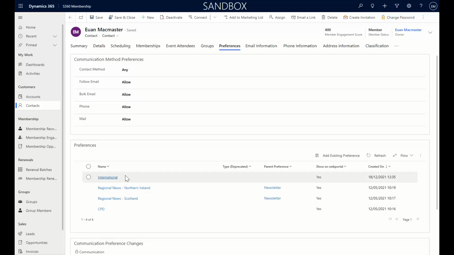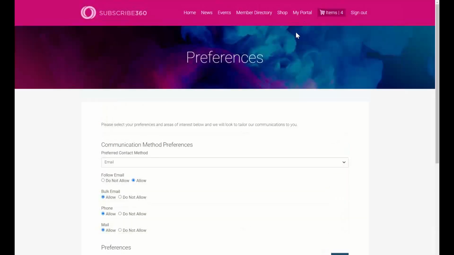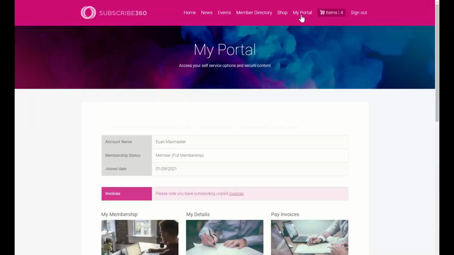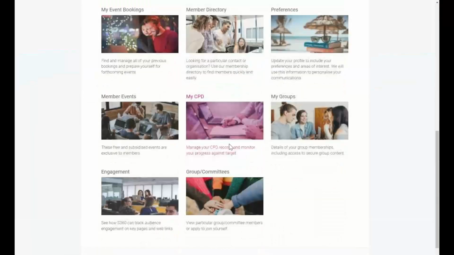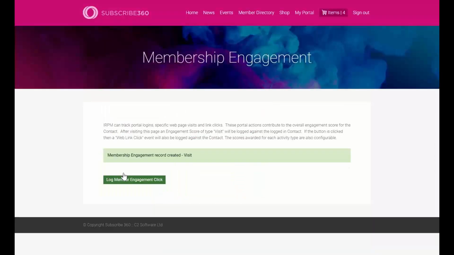But some other things that I can do in the portal, which are relevant, is we've set this up just as a demo environment. We've got this set up that if I go to this page, that counts as a visit to that page. And I'll click on here, that's going to log my member engagement. That's replicating the fact that someone has clicked a link on a page or has accessed a page. Now, if I return back to the database,